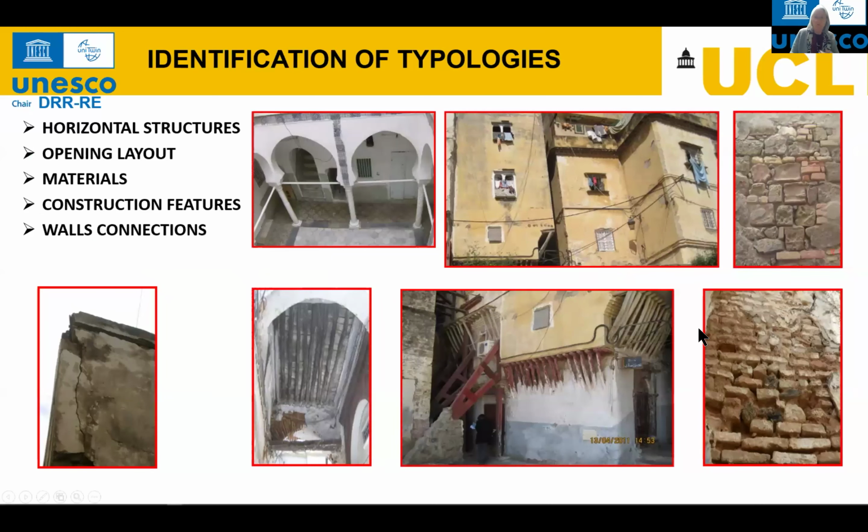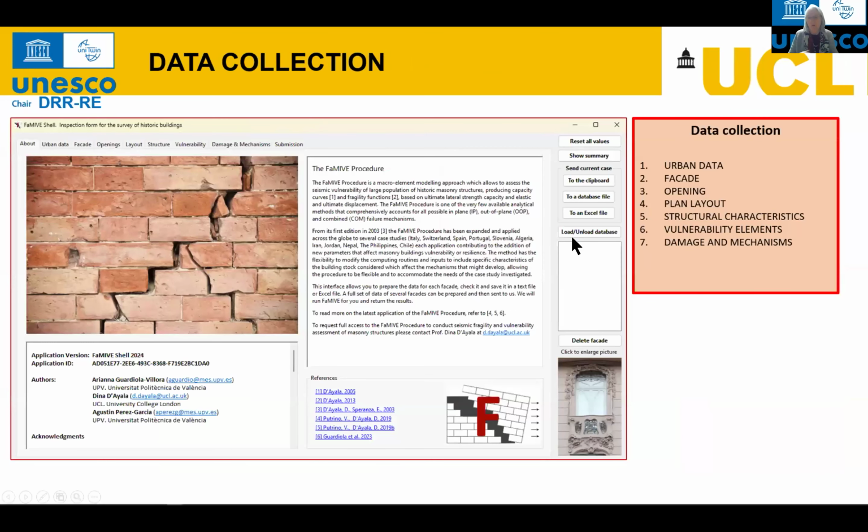And then if we move somewhere else, this is Algiers, the Kasbah of Algiers in Algeria. We will have completely different features, but they also will substantially influence the behavior of these particular structures, and we will still have the need to characterize them in such a way that we can treat them from an engineering point of view. So this is the reason why we developed this new FaMIVE shell,